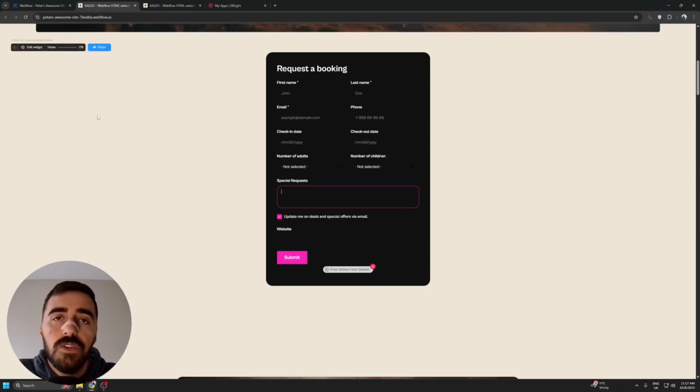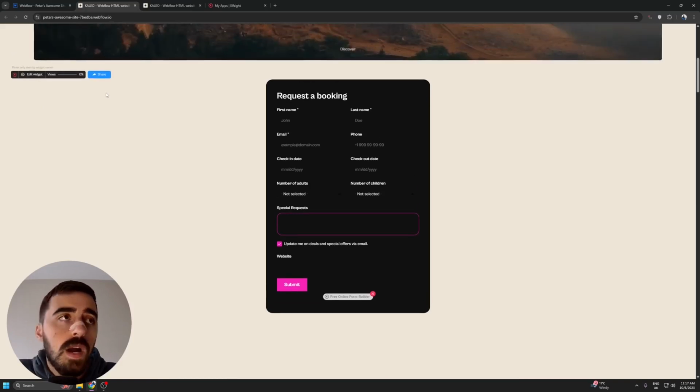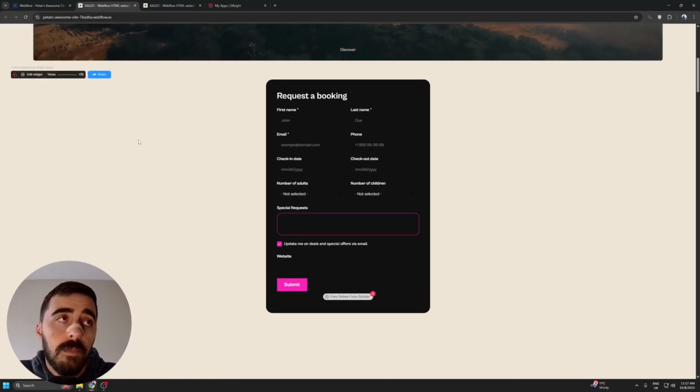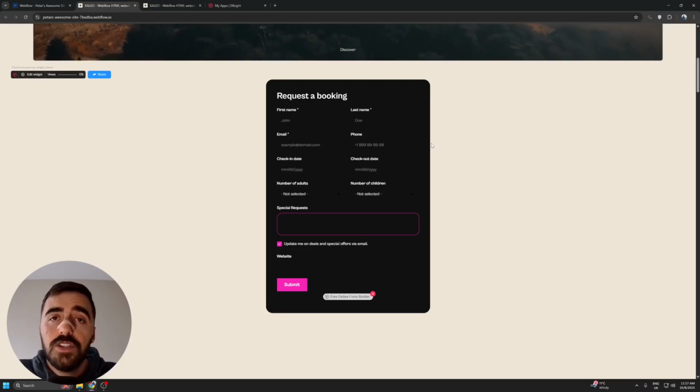Don't worry about this panel that you see right here on the top. This is only visible to you just in case you want to go make any changes to the widget while it's still live on your Webflow website. But yeah, that's pretty much it. That's how to create a